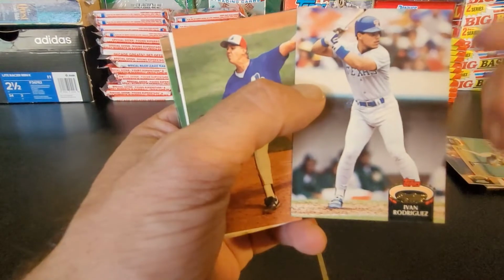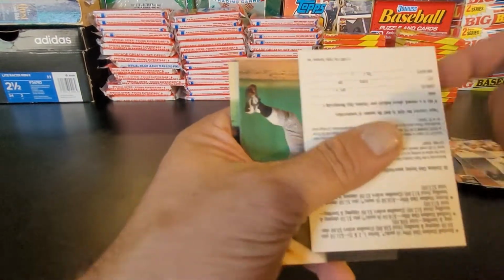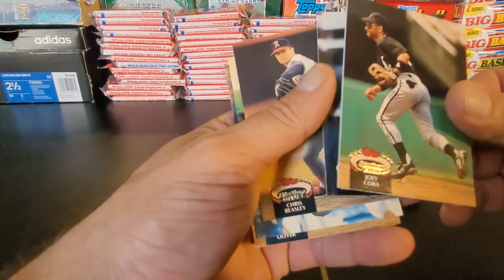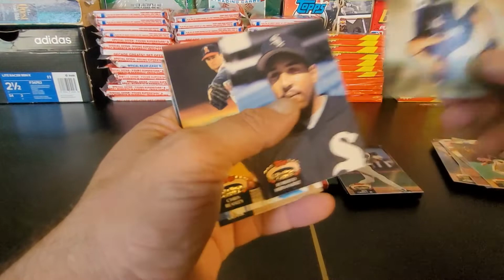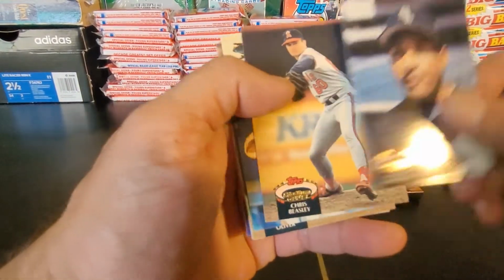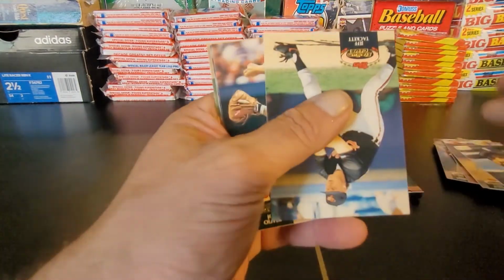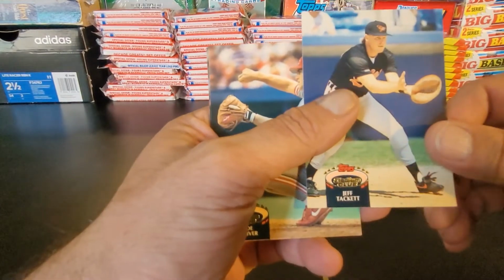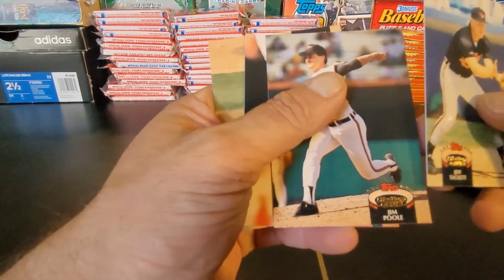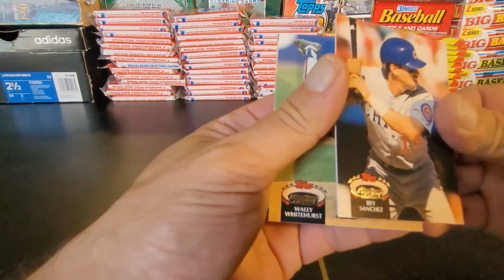All right, next we got Pudge Rodriguez, Chris Nabholz, junkyard card there, Joey Cora, Eric Anthony, Roberto Hernandez, Chris Beasley, Jeff Tackett, Joe Oliver, Jim Poole, Ray Sanchez,